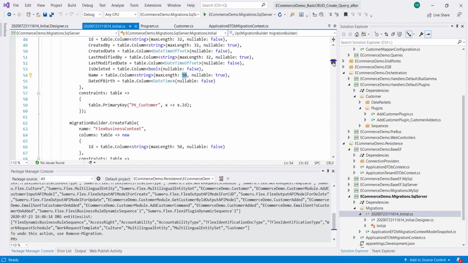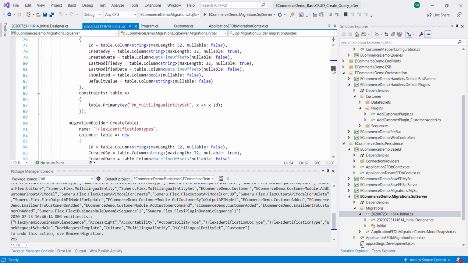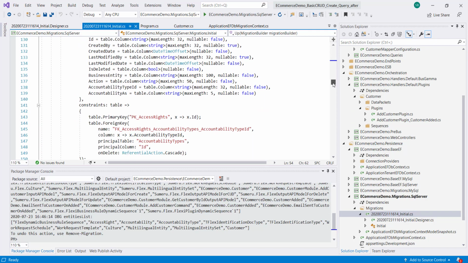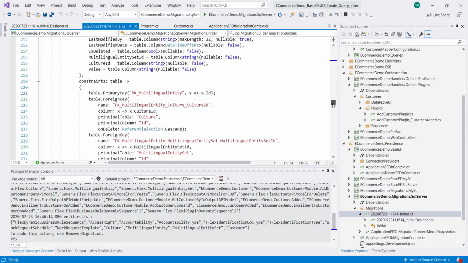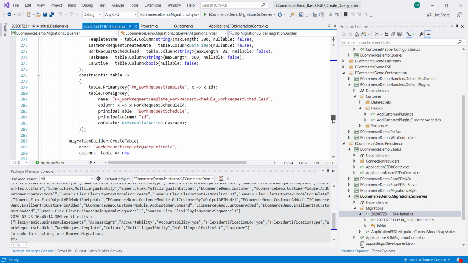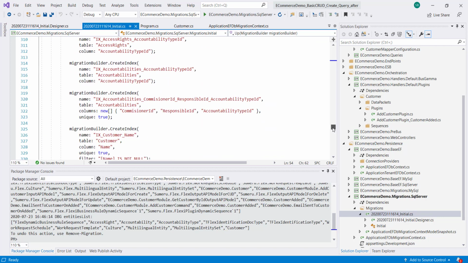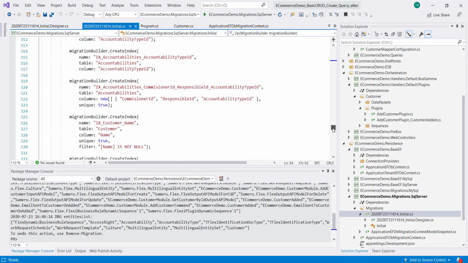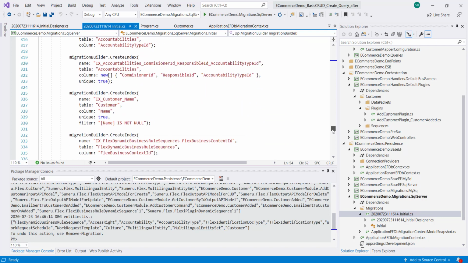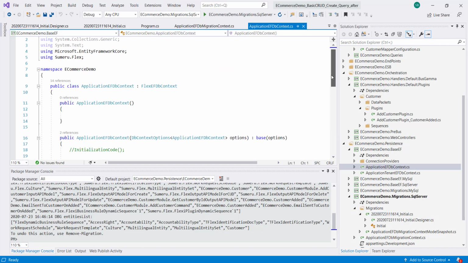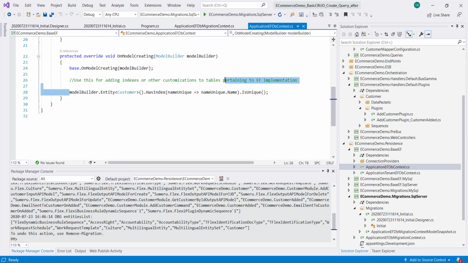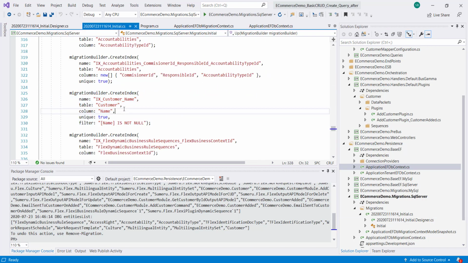And what you gave in your model customizer is also being done for you in the indexing. You would have created some index here. Customer name is unique. That is being taken from your model customization. What we did here was also included in the migration. So now let us run this migration and create our database.